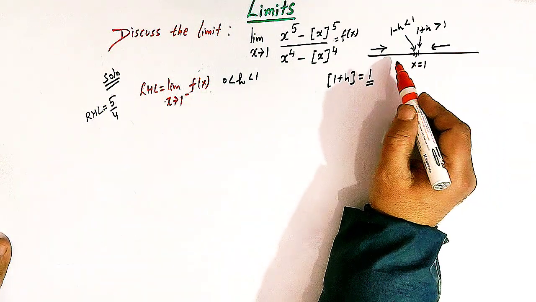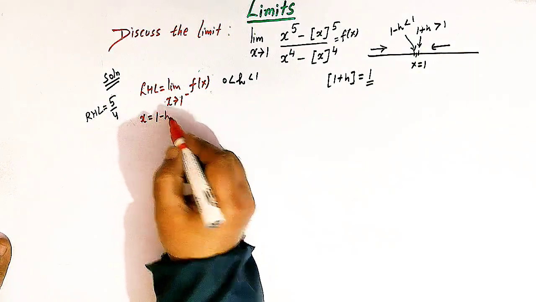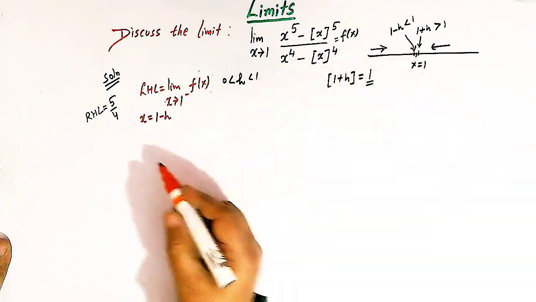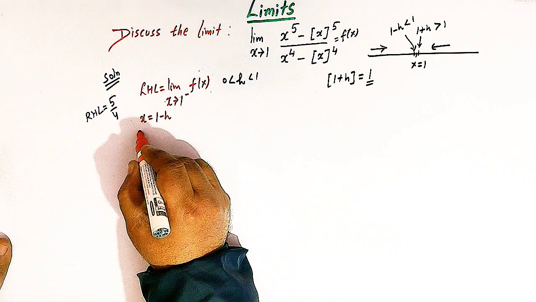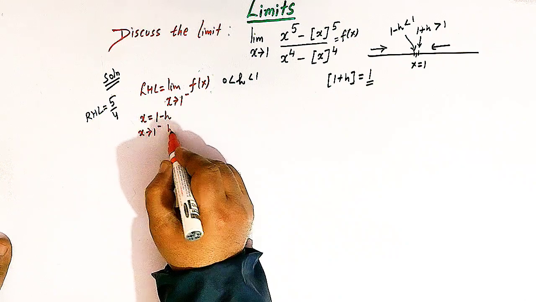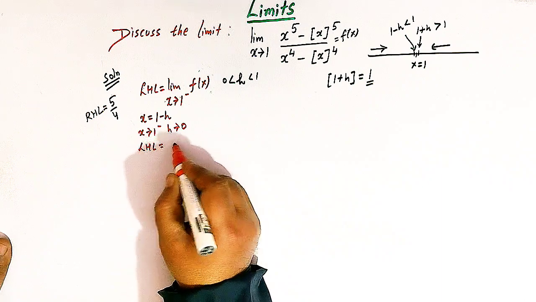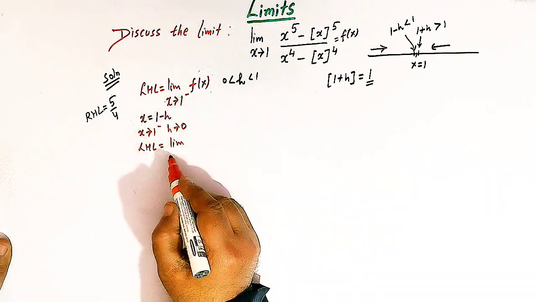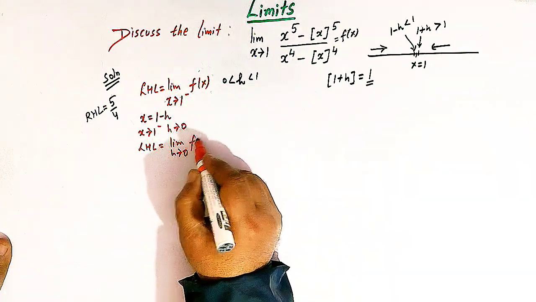So when we calculate the left hand limit, we take x is equal to 1 minus h, as we have already explained here. So we have x is equal to 1 minus h, right? So when x tends to 1, then h tends to 0. So now the left hand limit is limit x tends to 1 minus, which may be replaced by h tends to 0, of f of